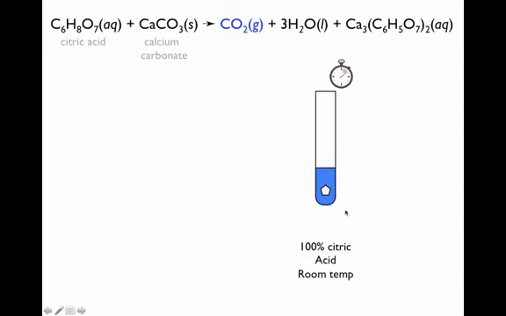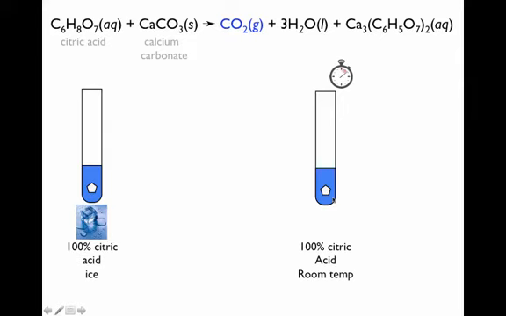And you're going to tinker with the environmental conditions, and the amount of time that it takes to produce all of your carbon dioxide is either going to go up or down in other environmental conditions. So for example, over here you're going to have another tube. Identical environmental conditions as was shown over here. You're going to use very concentrated citric acid. You're going to use roughly the same amount of calcium carbonate, but this test tube is going to be placed